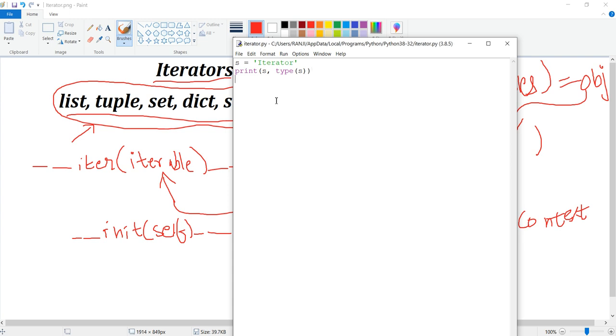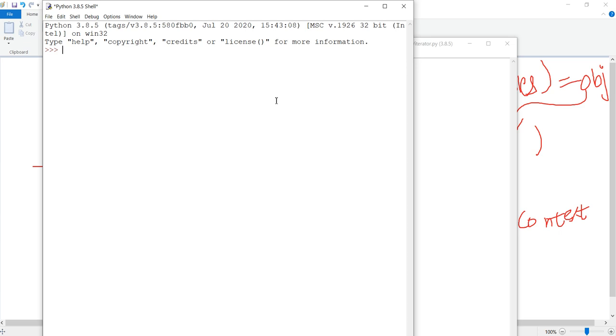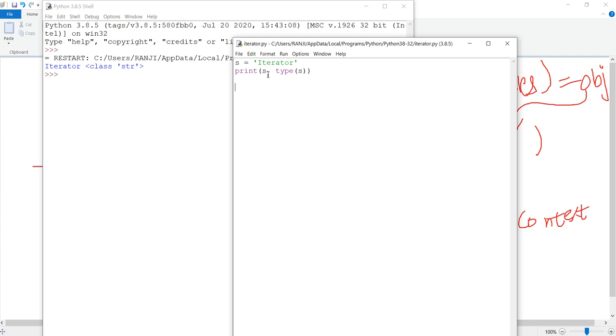Now if I just run this, it is an iterator and the class is string. So whatever value s that we have assigned, that is iterator, and it is of class string.